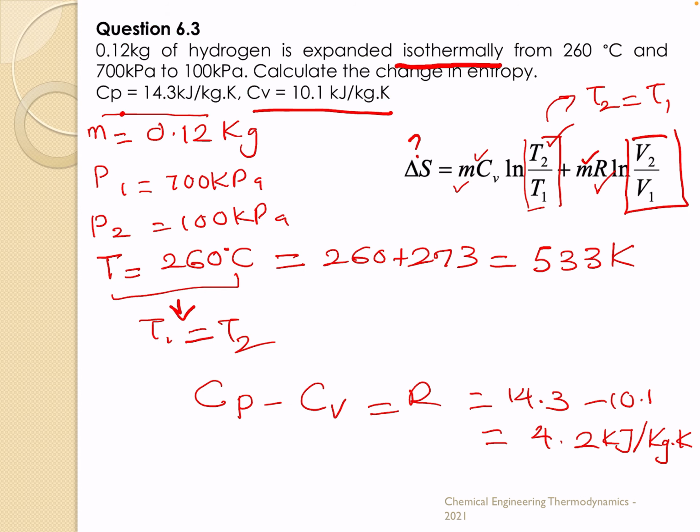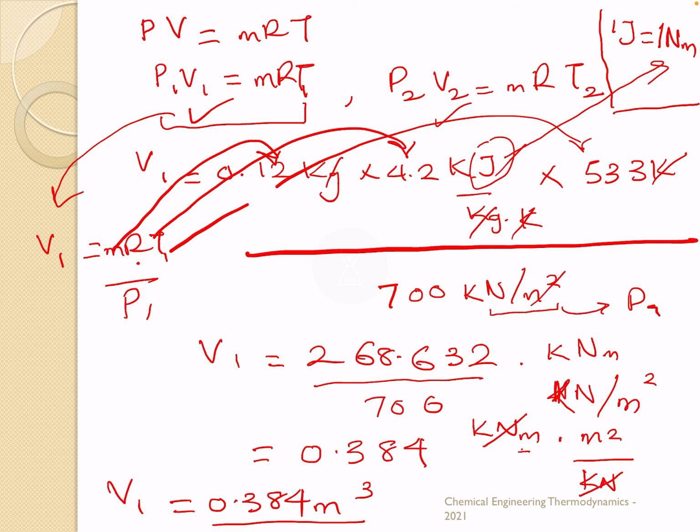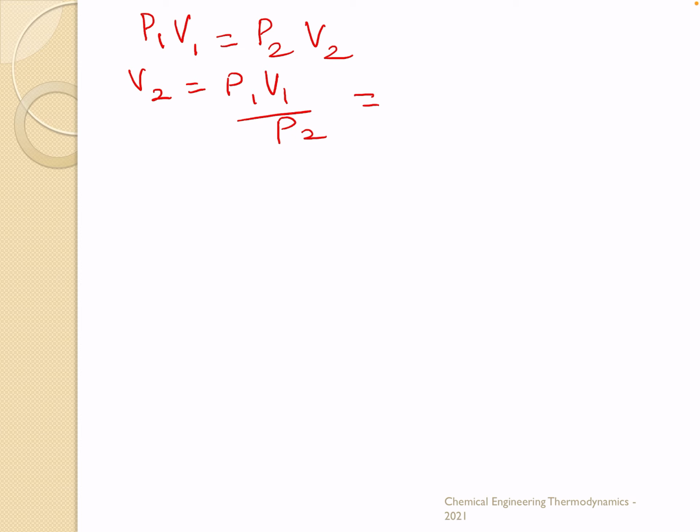But remember, what are we looking for? V2 over V1. We've only gotten V1, we still need V2. We can either go back to these equations here, or we simply say that in an isothermal process, P1V1 equals P2V2. So if we make V2 subject of the formula, P1V1 over P2,